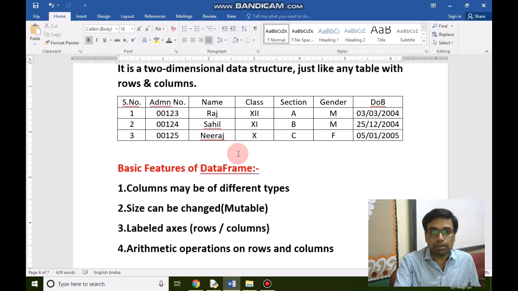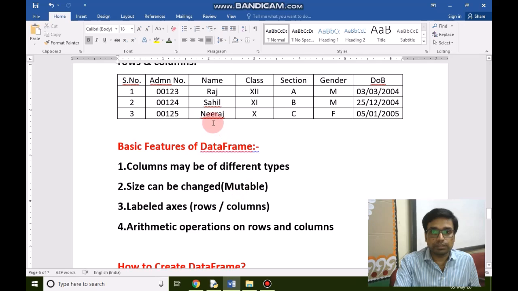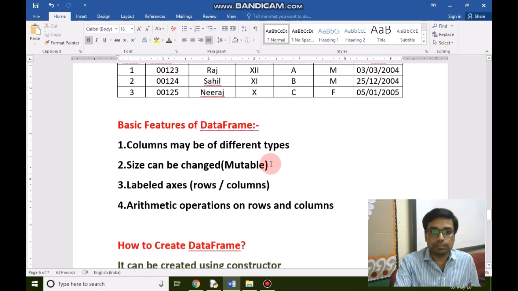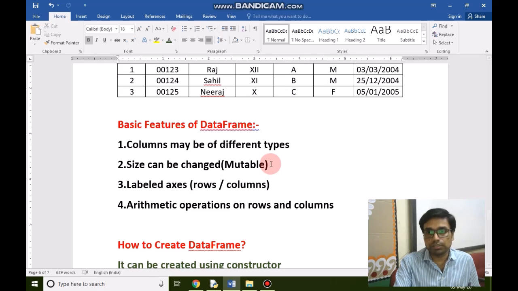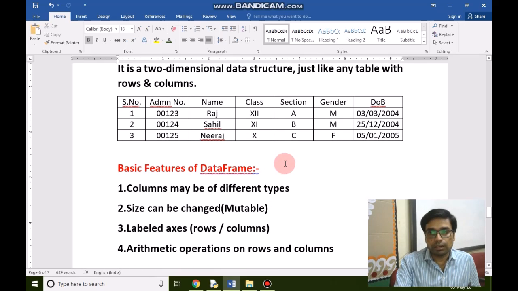Size of columns means the data type can be changed as per the column definition. Labeled axis means there are some rows and some columns, so it is called an axis. Arithmetic operation on rows and columns: we can perform arithmetic operations on a particular column or aggregate columns or any specific row or all in aggregation.